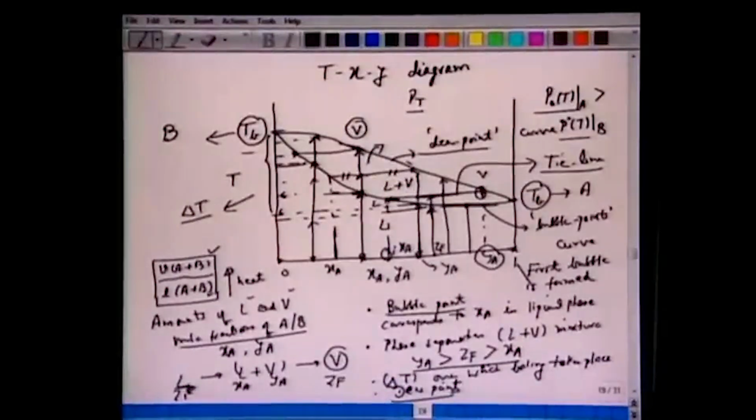Okay, the same experiment one can also do starting with the vapor. Here we start with a liquid in a closed container, fix the pressure, composition is 40% A, 60% B, and heat it. So the temperature is raised from room temperature, for example 30 degrees centigrade, to 80 degrees centigrade. When the temperature reaches 80 degrees centigrade, one can physically observe that the liquid has started boiling or is just about to boil. That point is your dew point, and this dew point will depend upon what your mixture